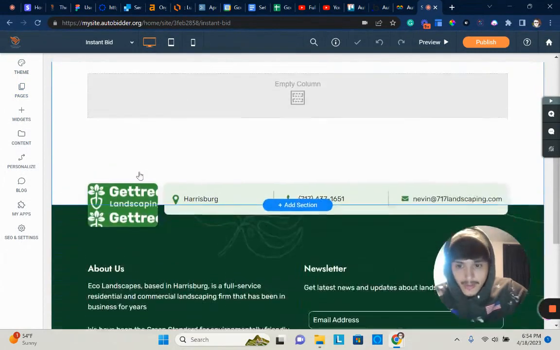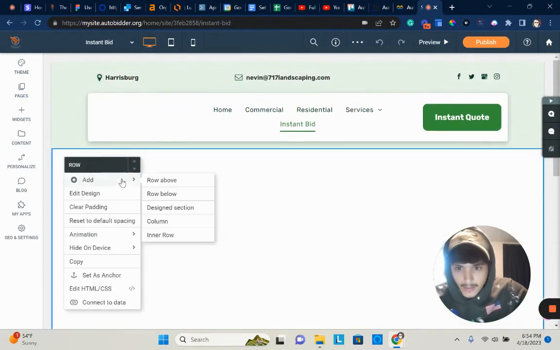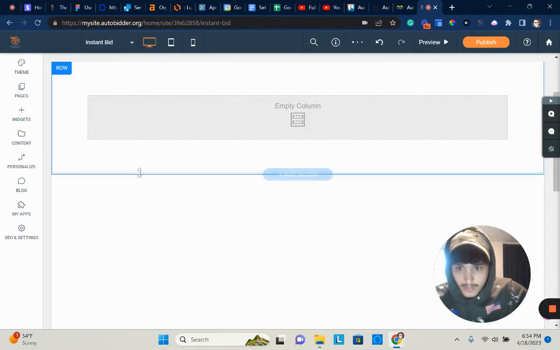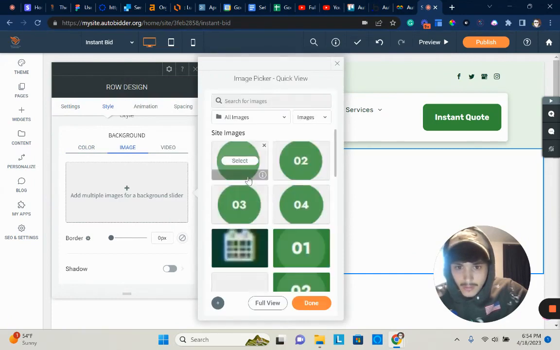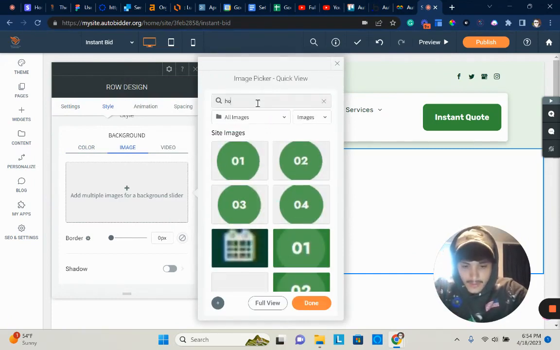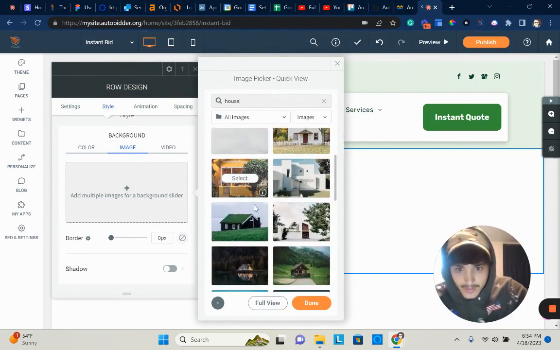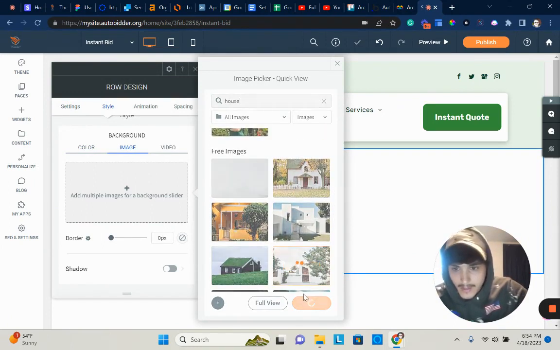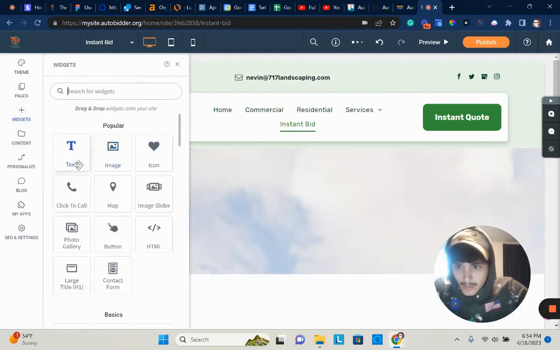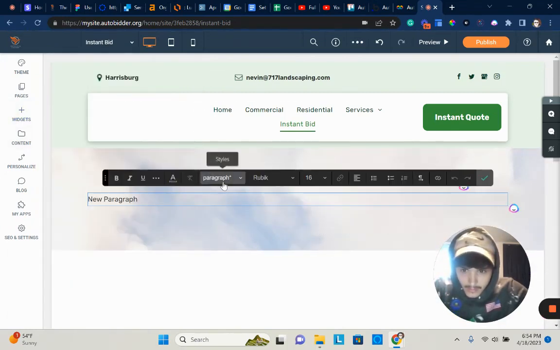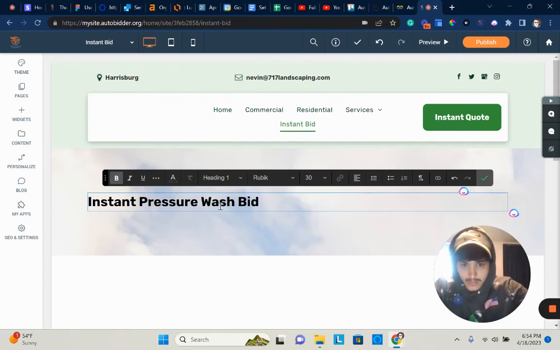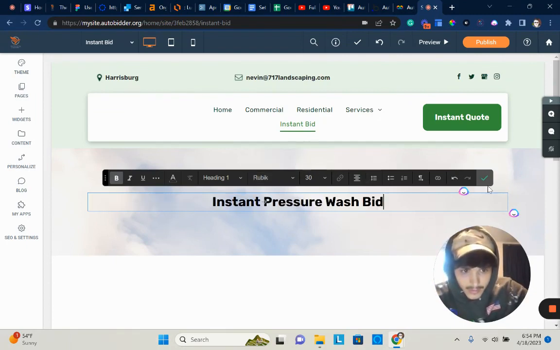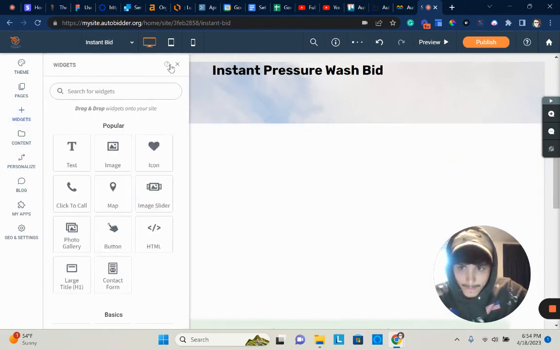And then the way I would do it is I would add a row above this row. And then I would just make this one image, just a random, I don't know, let's go pick a house or something, just something random for right now. And then we'll call this, go ahead and center this, and then we'll go ahead and